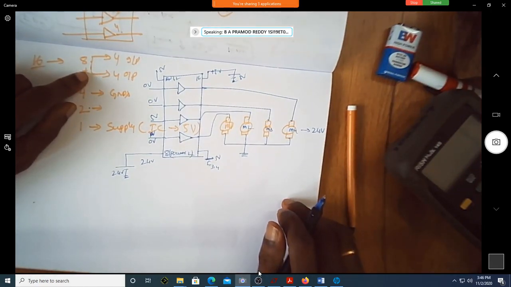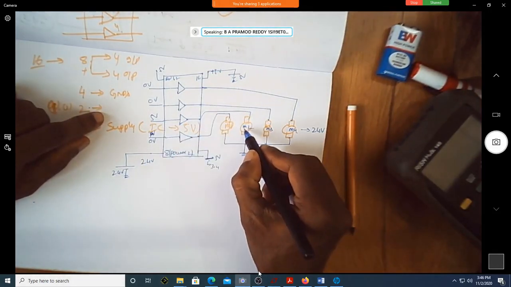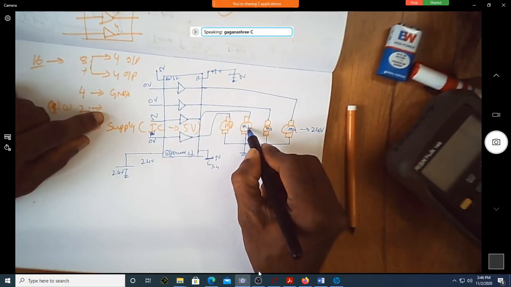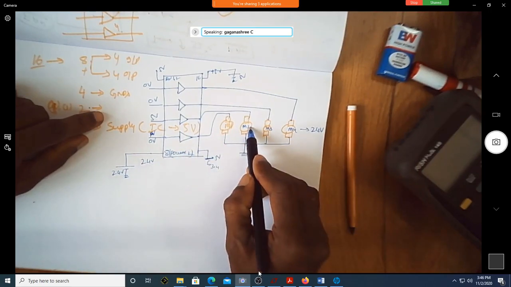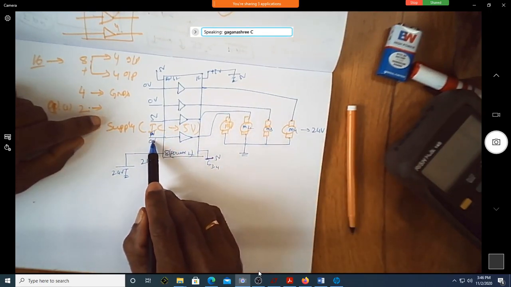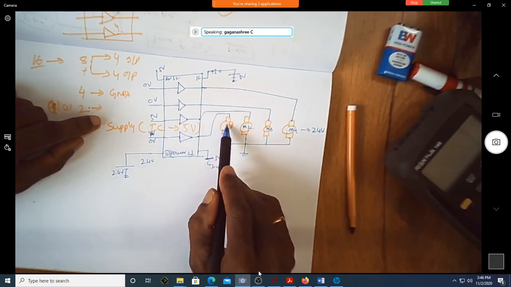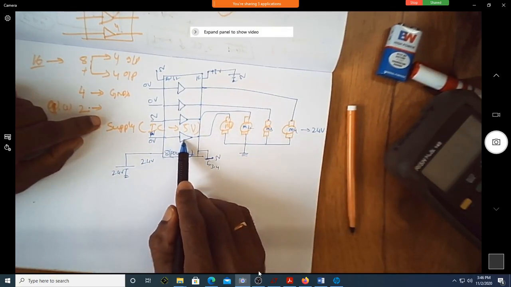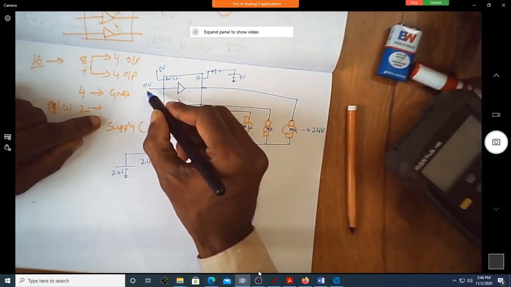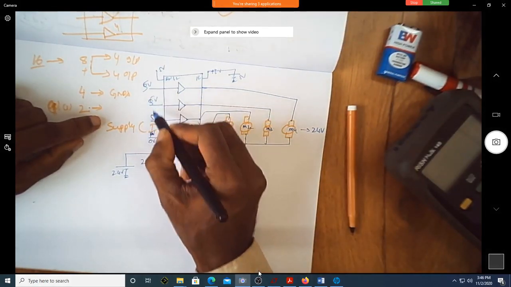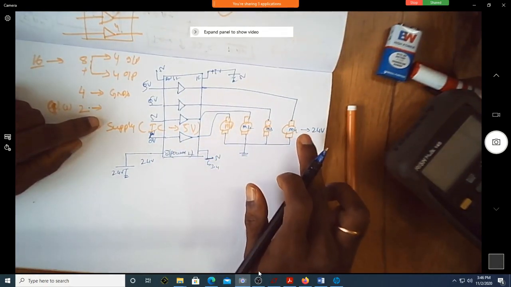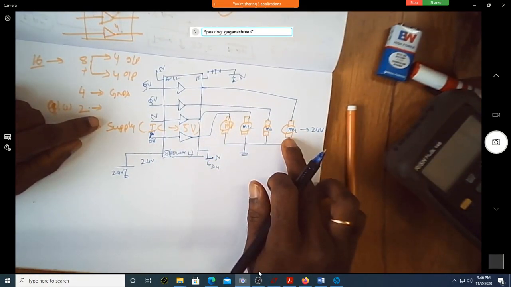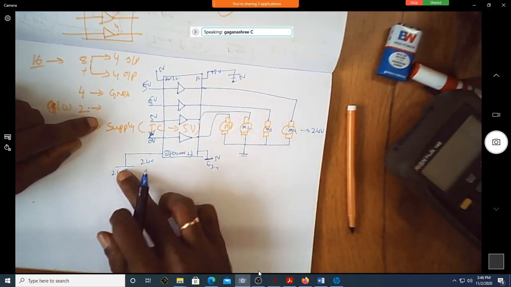Only M2 will run. M2 will run taking 24 volt from this power supply. What does this 0 volt mean? This will not enable, this will not run this motor because this is 0. Suppose if you make all of them 5 volt, what will happen? All the motors will run, getting the voltage from this 24, not from this 5.